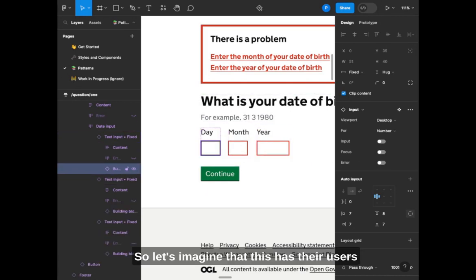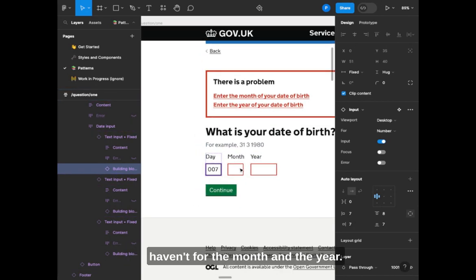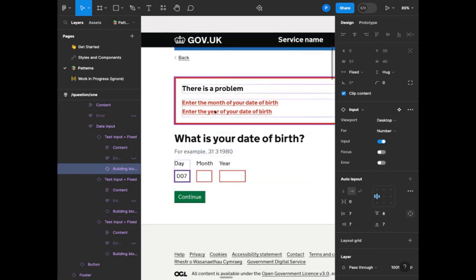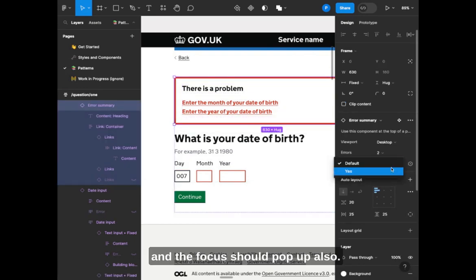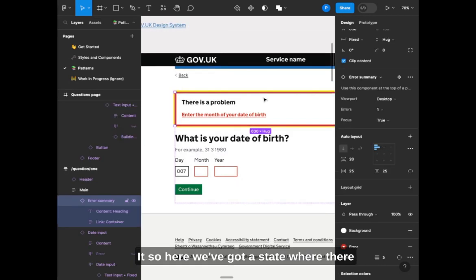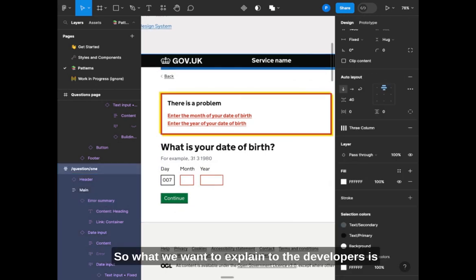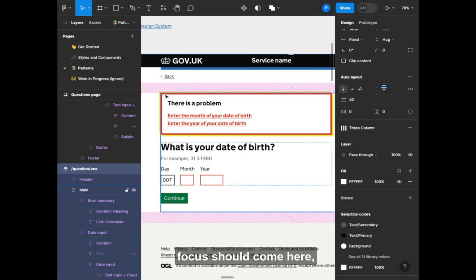So let's imagine that the user has inputted a number into here, but they haven't for the month and the year. So they've clicked continue, and what happens is this error message pops up and the focus should pop up also. So here we've got a state where there are two errors, and these are your errors. So what we want to explain to the developers is focus should come here,